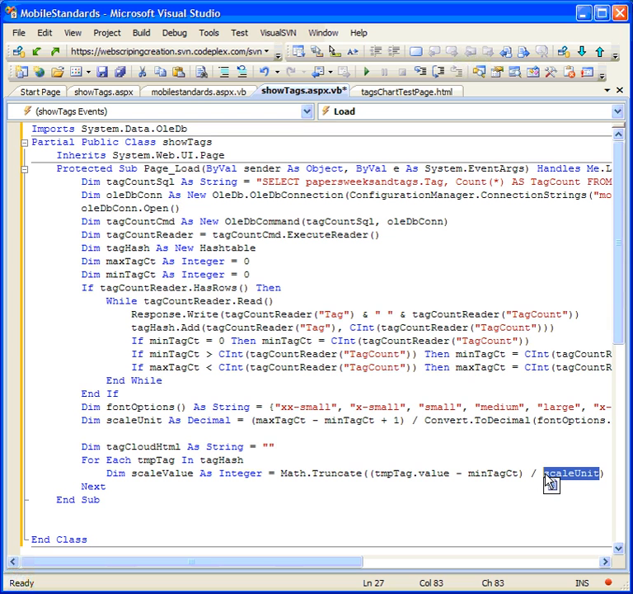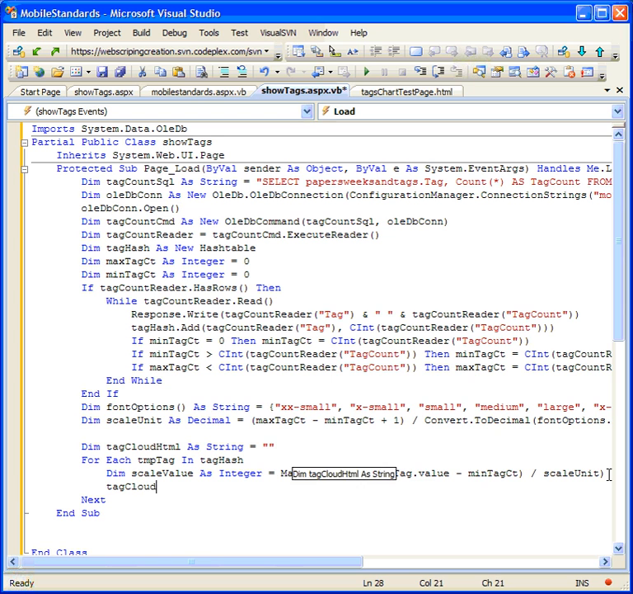By doing that division, it'll give us a number between 0 and 7, and it will be an integer because we've used this Math.Truncate construction, which turns a decimal return value into a number between 0 and 7. We can use this scale value as the font size that we will use for that particular piece of text. So now we're going to write the HTML. We're going to say tagCloudHTML equals tagCloudHTML